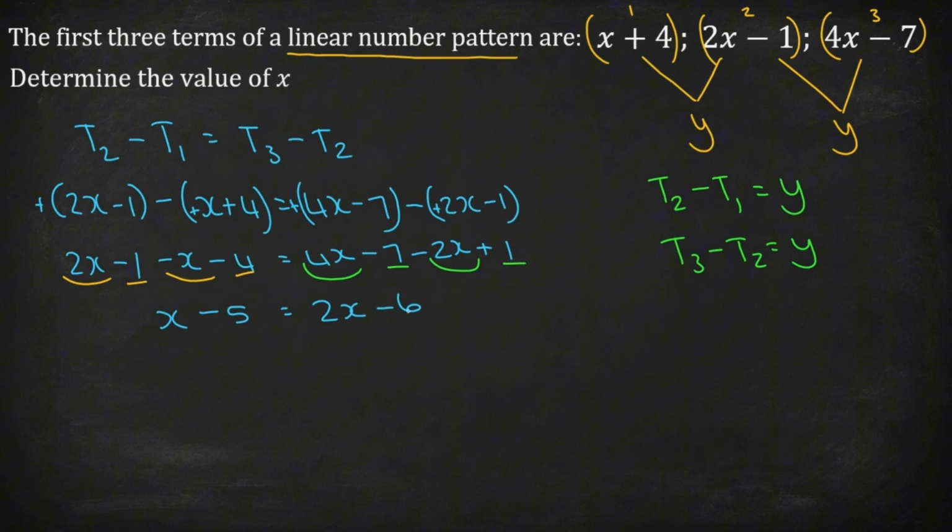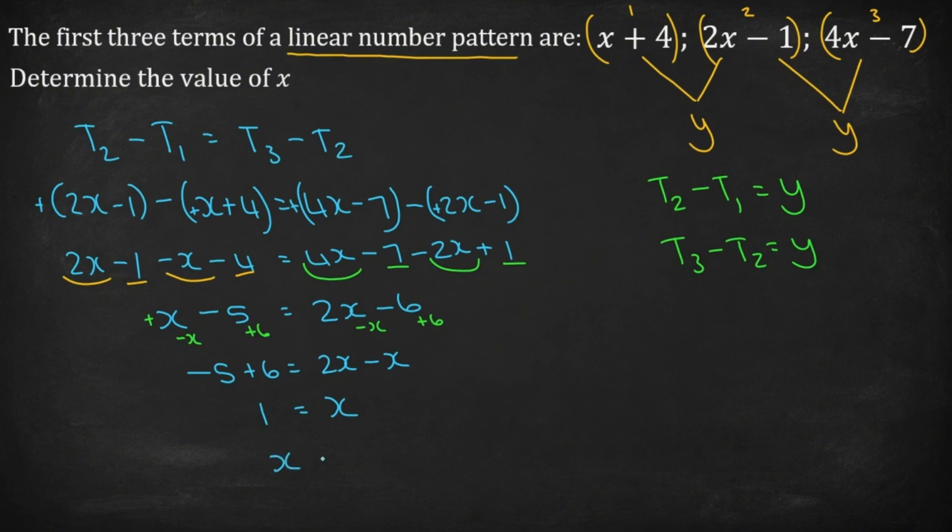It doesn't matter to which side of the equation you are moving your x, but have a look here. If I move this x to this side, then I will end up with a negative x, and then I have to do an extra step by dividing by a negative sign. So I'm going to move this x to this side, and this is a positive x, so I'm going to subtract x from both sides, and that means I have to get rid of this 6 on this side, so I'm going to add 6 on this side and on this side as well. So that will give us negative 5 plus 6 equals 2x minus x, and then let's combine. Negative 5 plus 6 is 1 equals, and 2x minus x is x. So this is the final answer.